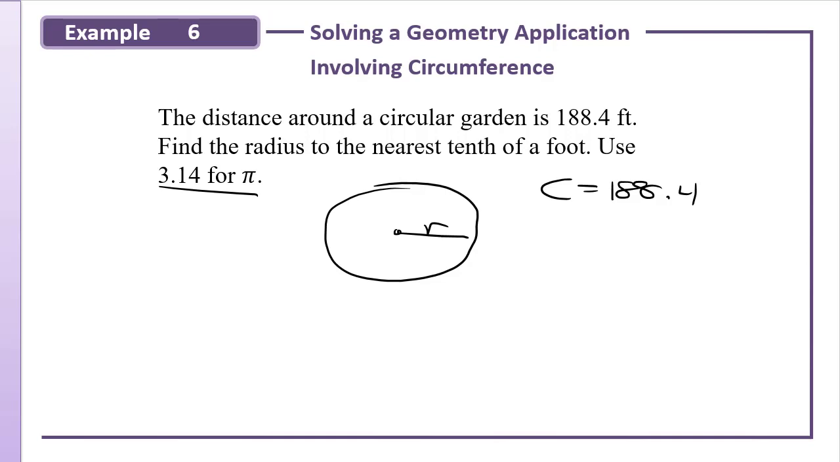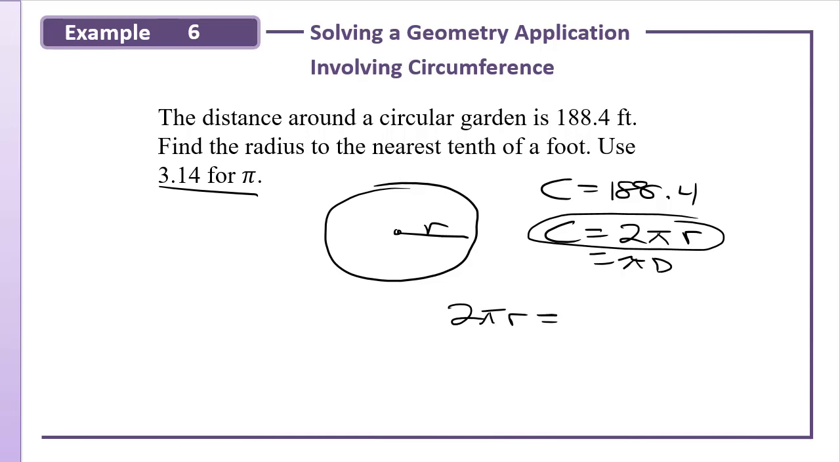So I've now basically labeled everything they told us. I need to know the formula for circumference. Circumference equals 2 pi times the radius. It's also sometimes written as pi times diameter, because the diameter is 2 times the radius. But since we're looking for the radius, we want everything in terms of the radius, so it's better to use this version of circumference. So we just have 2 pi r equals